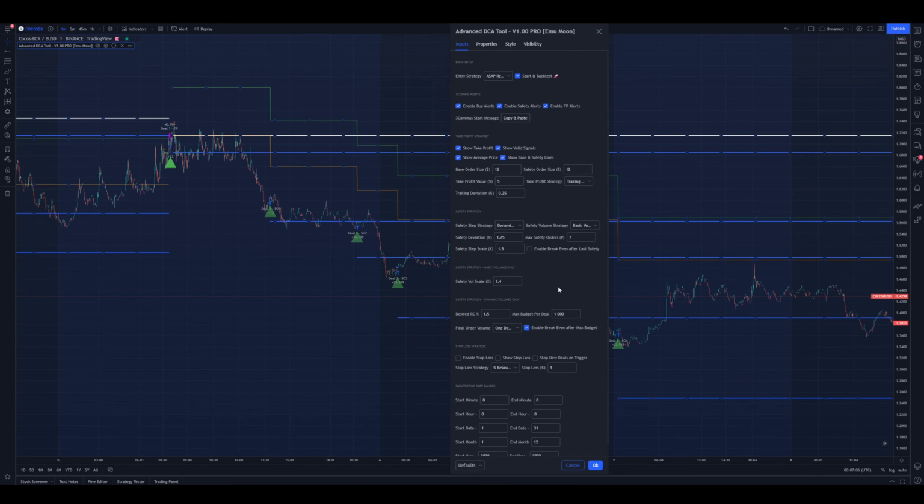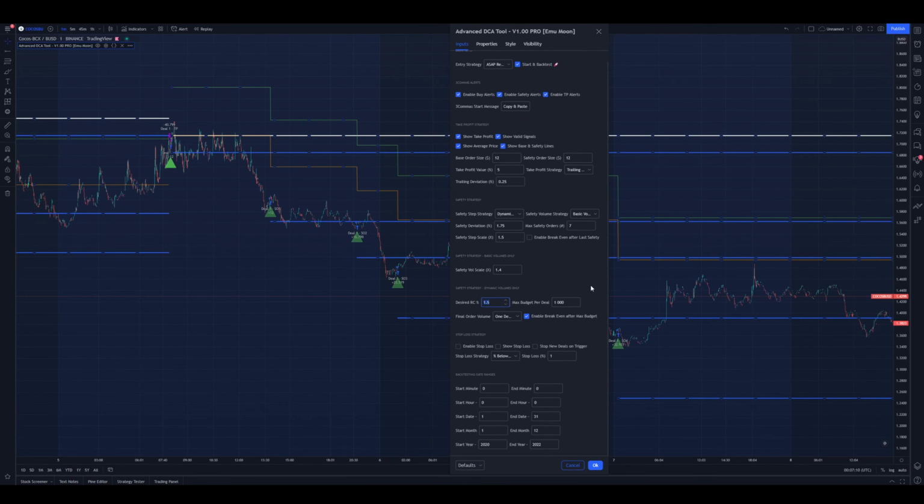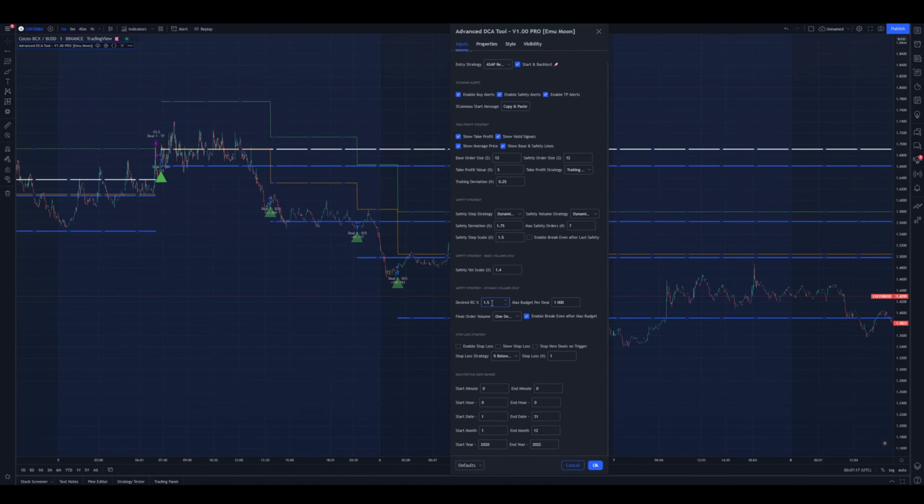Anyway, desired RC, so all of these settings here are related to dynamic volumes. Now, the tighter the desired required change, the more expensive the deal is going to be. Why? Because you have to spend more to get that desired required change to be a tighter tolerance. So if we have a look at this deal, for example, safety order 1 is $27, safety order 2 is $81. If we were to set that now to 1%,